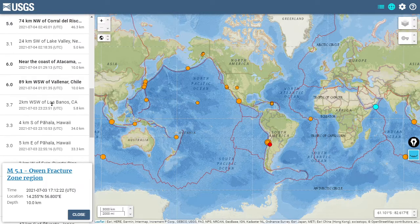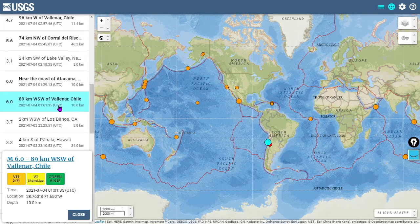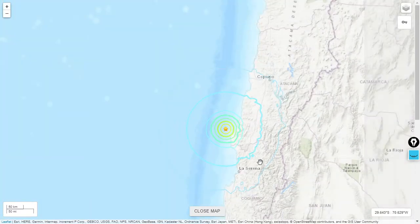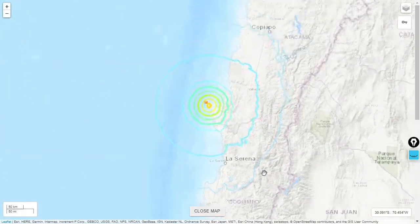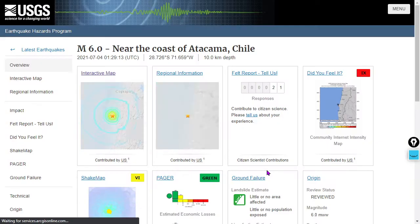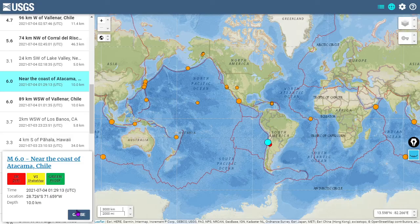I stand corrected. There were 2 6.0 magnitude quakes here. One at Chile and another one at Chile, both quite close to each other, it looks like, showing up as the same spot on the map there. And this one looks like it did some damage. Here's the location of this 6 magnitude quake, just off the coast there. So 2 6.0 magnitude quakes happening there,